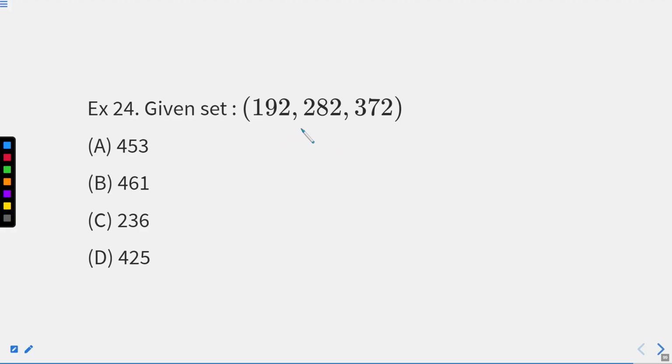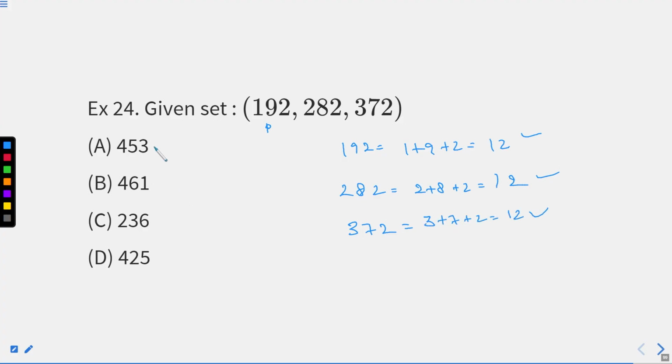Here, if I look at all those numbers very carefully, you have to check them very carefully, right? So we can see that 9, 10, 11, 12. The sum of these numbers: the first number is 192, which comes out to be 1 plus 9 plus 2, that is 12. Okay. 282 comes out to be 2 plus 8 plus 2, which is 12 again. Okay. Following both, 372 comes out to be what? That is 3 plus 7 plus 2, which is 12 again. Now we need to find a number whose sum is 12, which will become our answer.